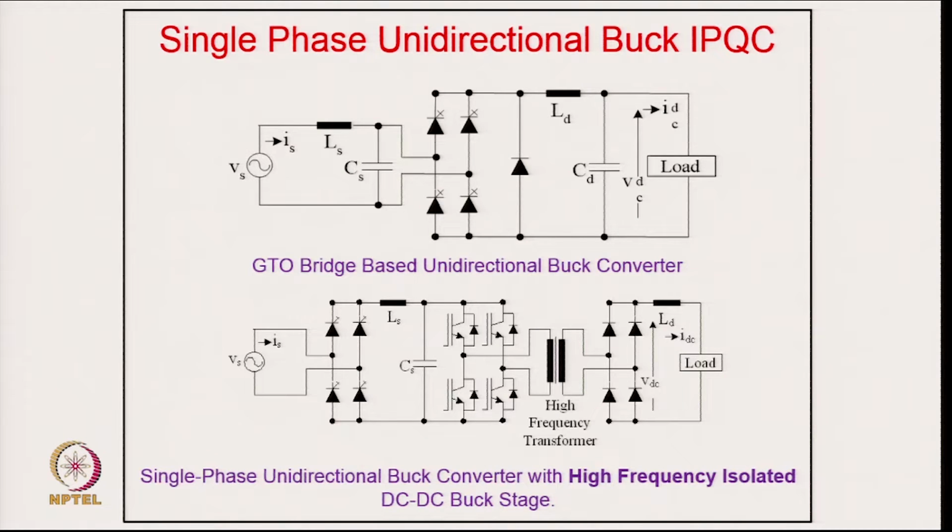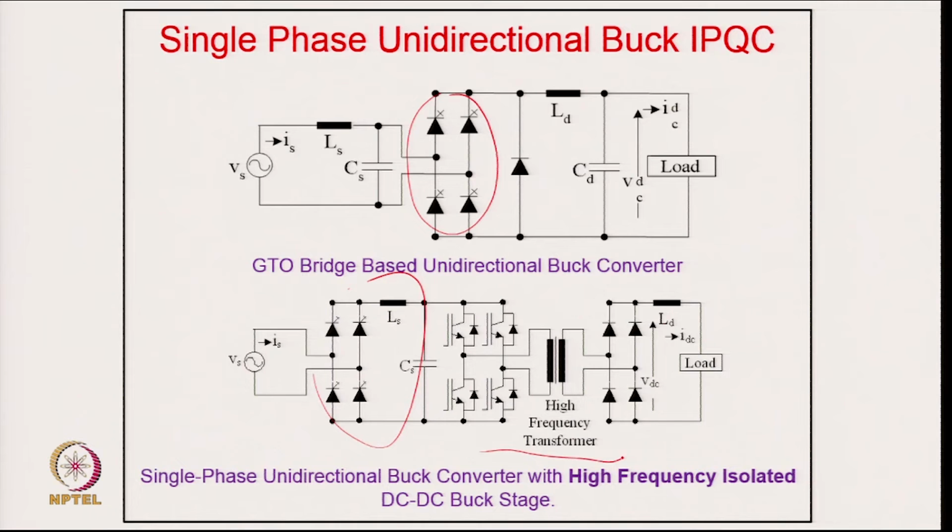Another configuration is that you can have a self commutating component with the diode here and the EMI filter. Of course, then you cannot go with a high switching frequency, and in that case you typically use the GTO or so, which can be used in case of much higher power rating. Another configuration can be that after this configuration with the soft start, you can have